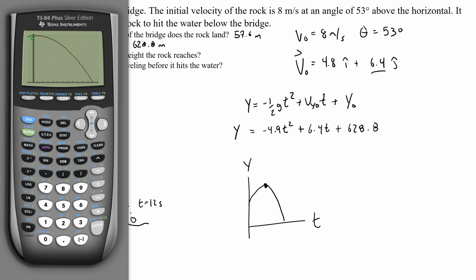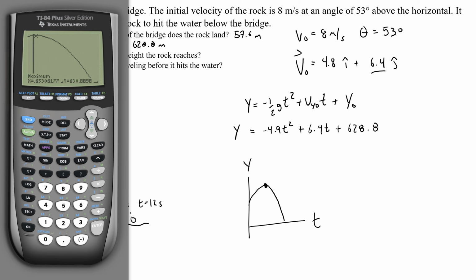Okay, so it's kind of hard to see this maximum. What I'm going to do is second calc, not zoom. And I'm going to go to maximum. I'm going to go very far to the left. Enter. And then go very far to the right. And this tells me that I reach a maximum of